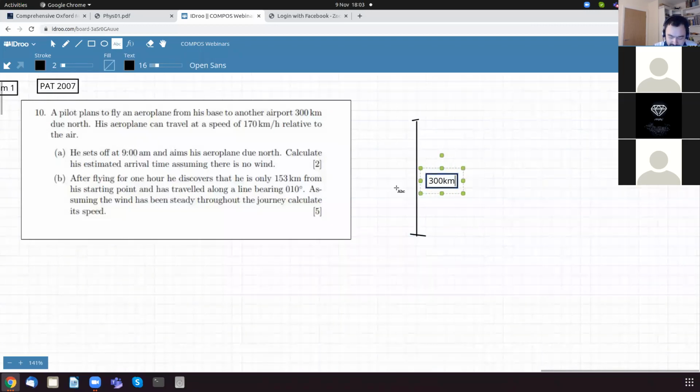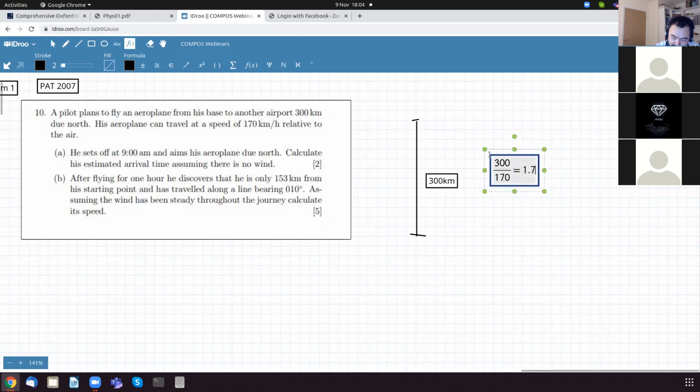So his speed is 170. So very simple. We divide the distance by the speed, and we get 1.7647 hours, which equates to approximately 1 hour